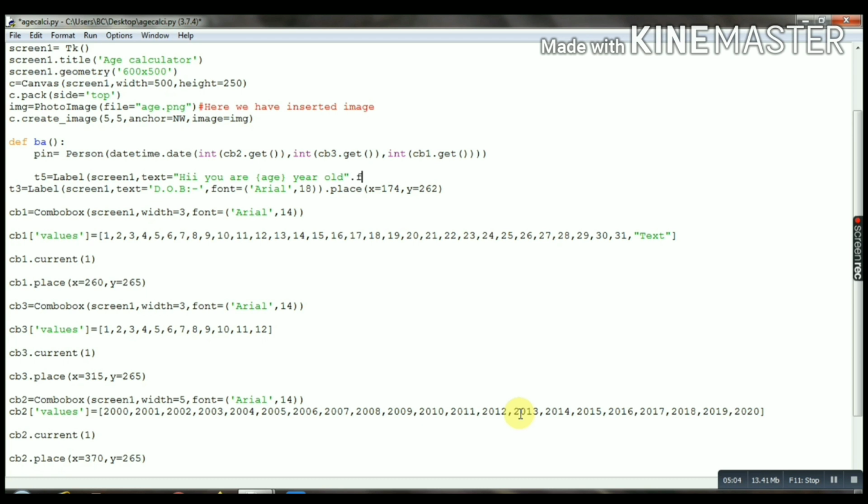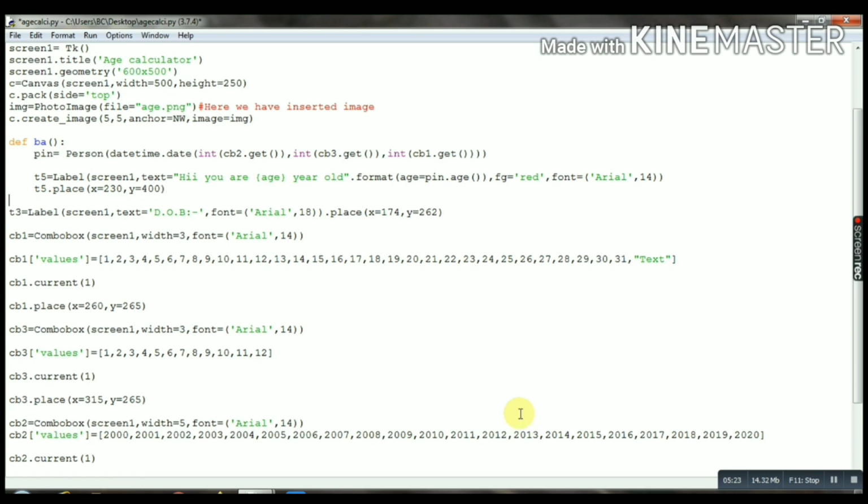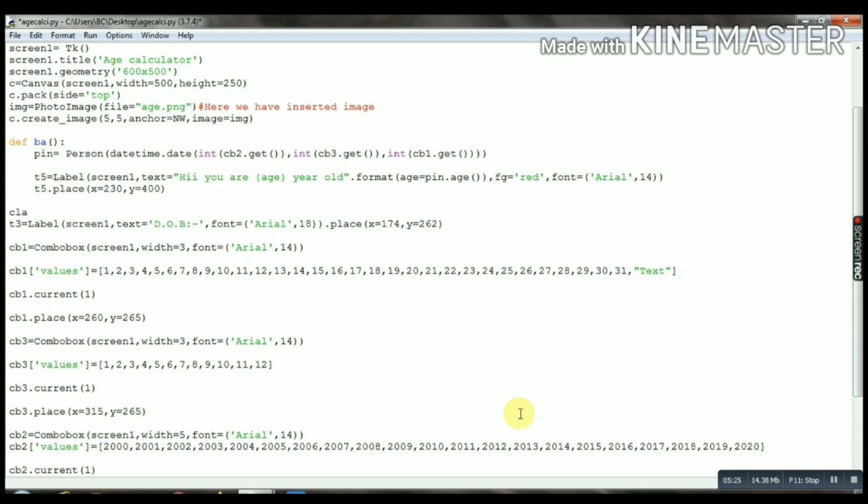Now I will format this: format age equals pin.age. Hope you are getting it, guys. Now foreground red, font same Arial, and size I have kept 14. Now t4.place, I am just placing it downside of our button at x 230 and y 400.